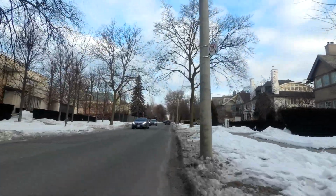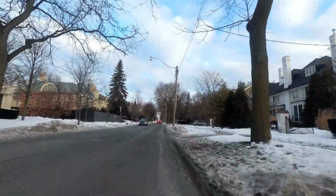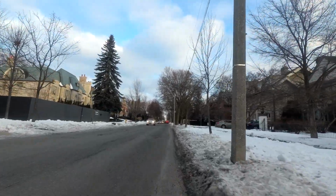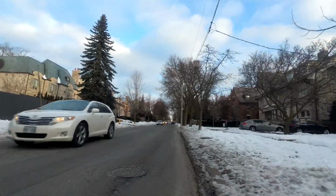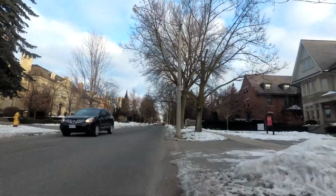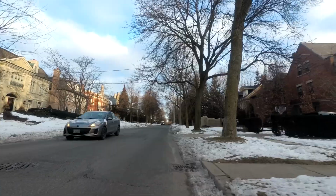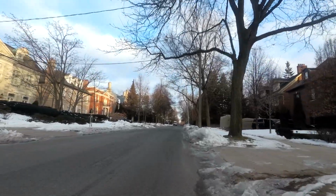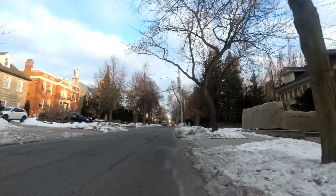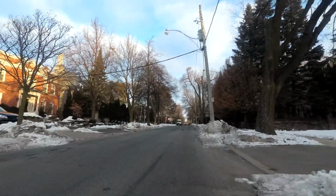So yeah, once you're in Forest Hill, there aren't any bike lanes, at least not on these neighborhood streets. But the traffic's fairly light anyway, so it's not too bad for riding on. Pretty cycling friendly. I'm still climbing a little bit of a hill here, but not nearly as steep as what I was climbing back on Poplar Plains. I guess the Poplar Plains hill is really not actually that steep, but